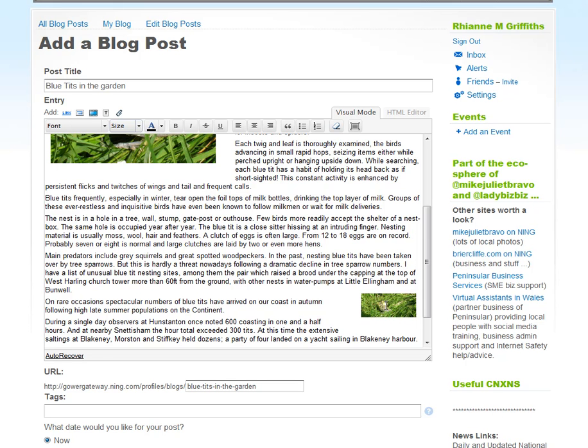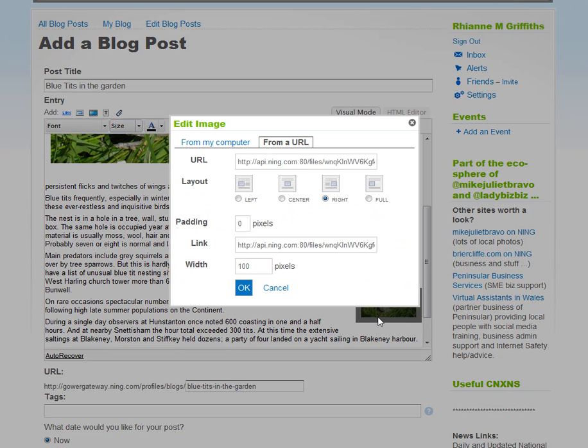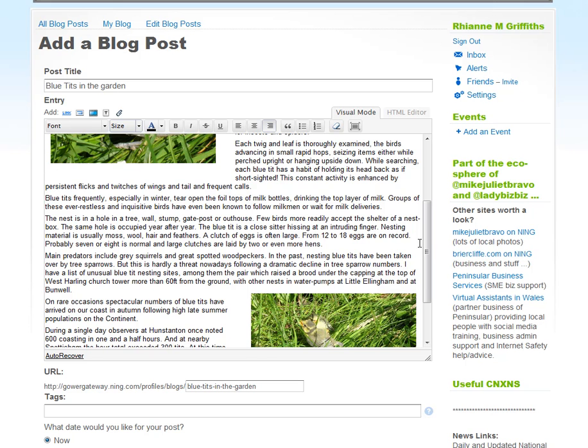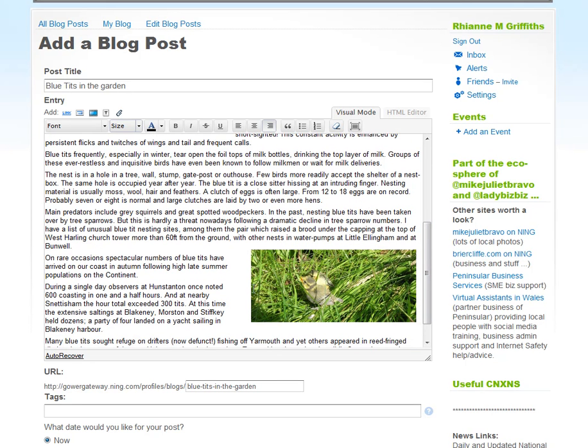It's not a good example, because that photograph, really, if I edit it and create it larger, you'll actually see the photograph content. There it is. And you can see that the text is wrapping around